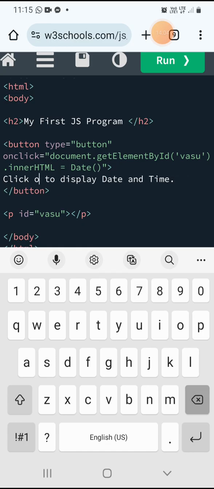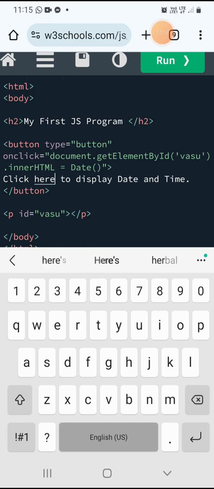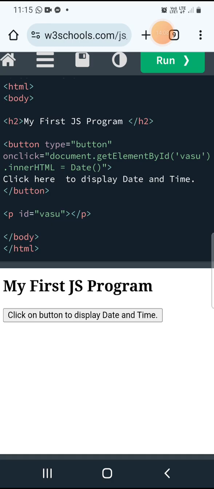Otherwise no. If you right click here to display date and time, so whenever you run, click here to display date and time. So over the button, whatever the content you want to see over the button, that content is to be written inside of the button start tag and button close tag. Okay,